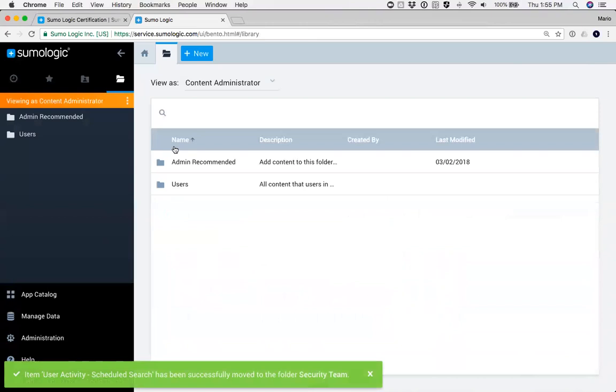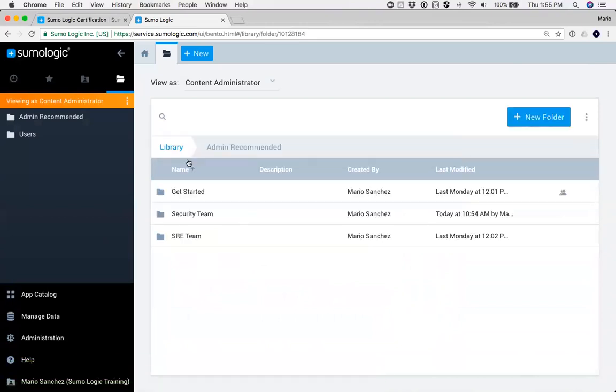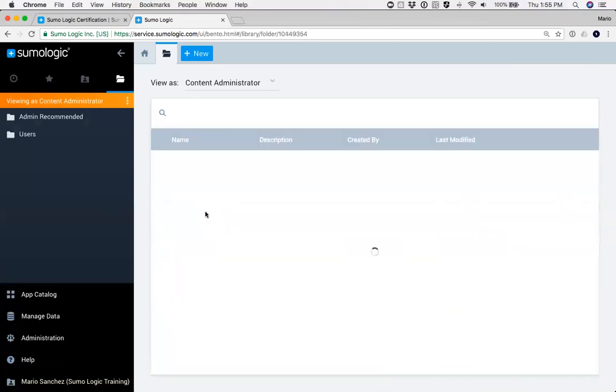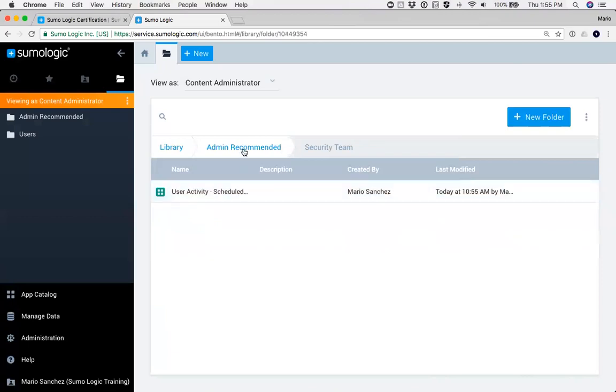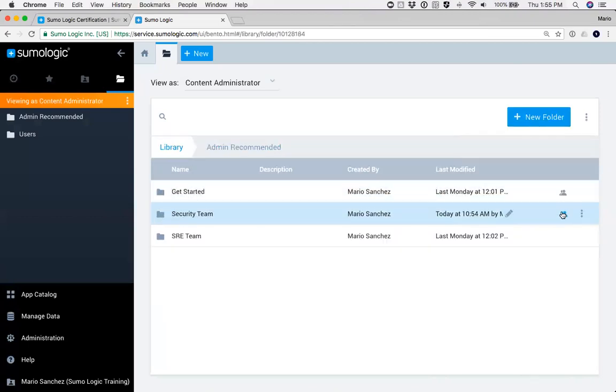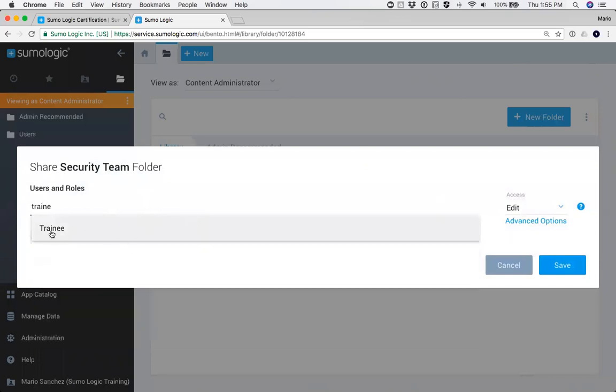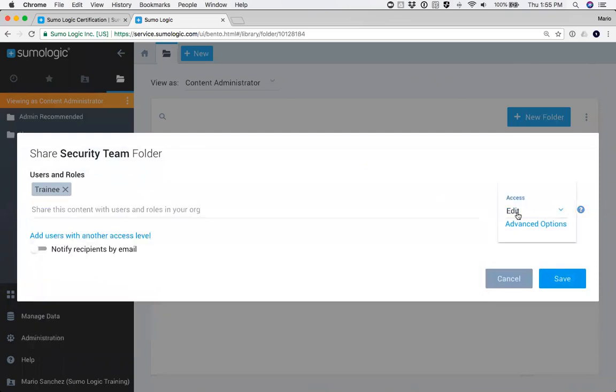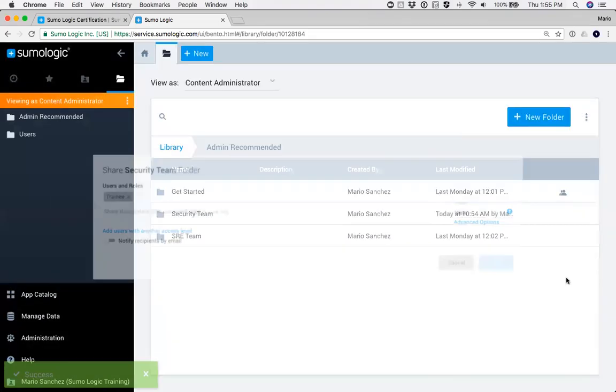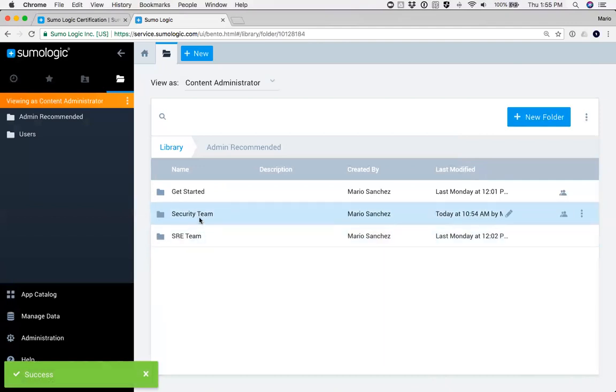So now what I can do is I can go in here and I can say, you know what? I want to share this security team folder. I could share specific items in here. I could go and share just this thing, or I can share the whole security team folder, and I can say share, and I'm going to share it with, I don't have right now a role called security, but let's pretend that this trainee role was that. So I can go and say, share it with this trainee role. I want them to have just view access to that. Click on save, and there you go. I just shared that with any of my security teams, or in this case with the training team,